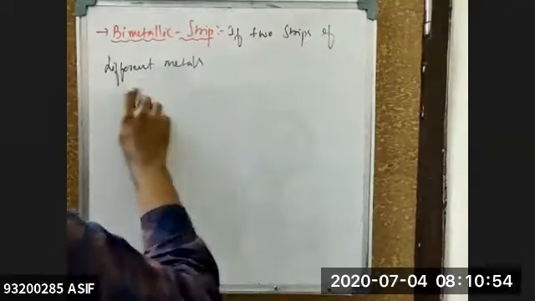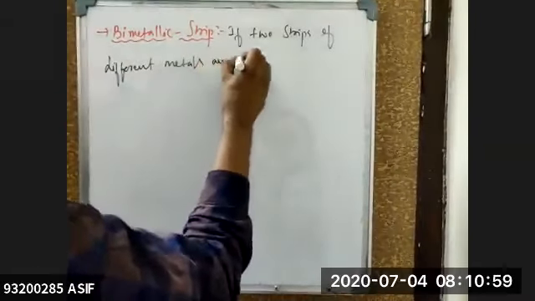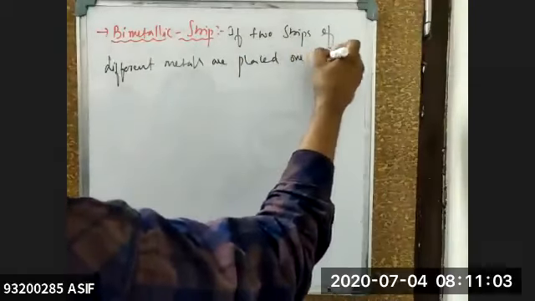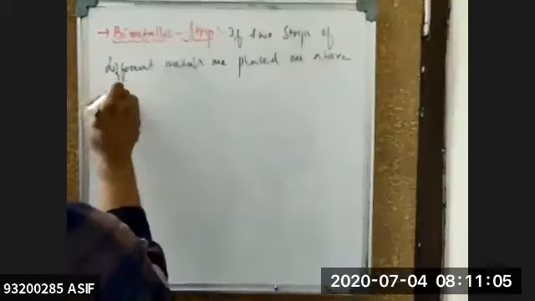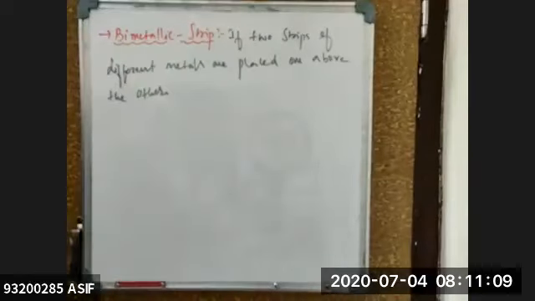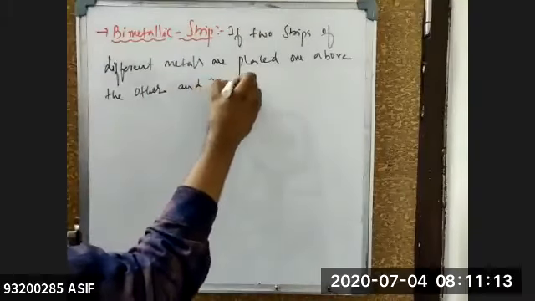If two strips of different metals are placed one above the other and rigidly joined, that means by some external phenomenon,